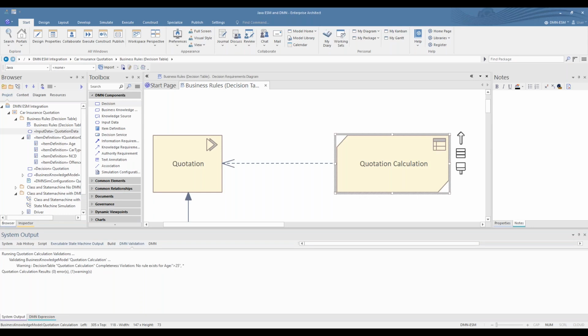A, nothing. It will say, yeah, it's done. Perfect. 0 errors, 0 warnings. You'll get warnings, which in my case says I don't have a rule where the age is over 25, which is actually perfectly true. I don't. It won't affect your simulation unless, of course, you put data in where the age is greater than 25.